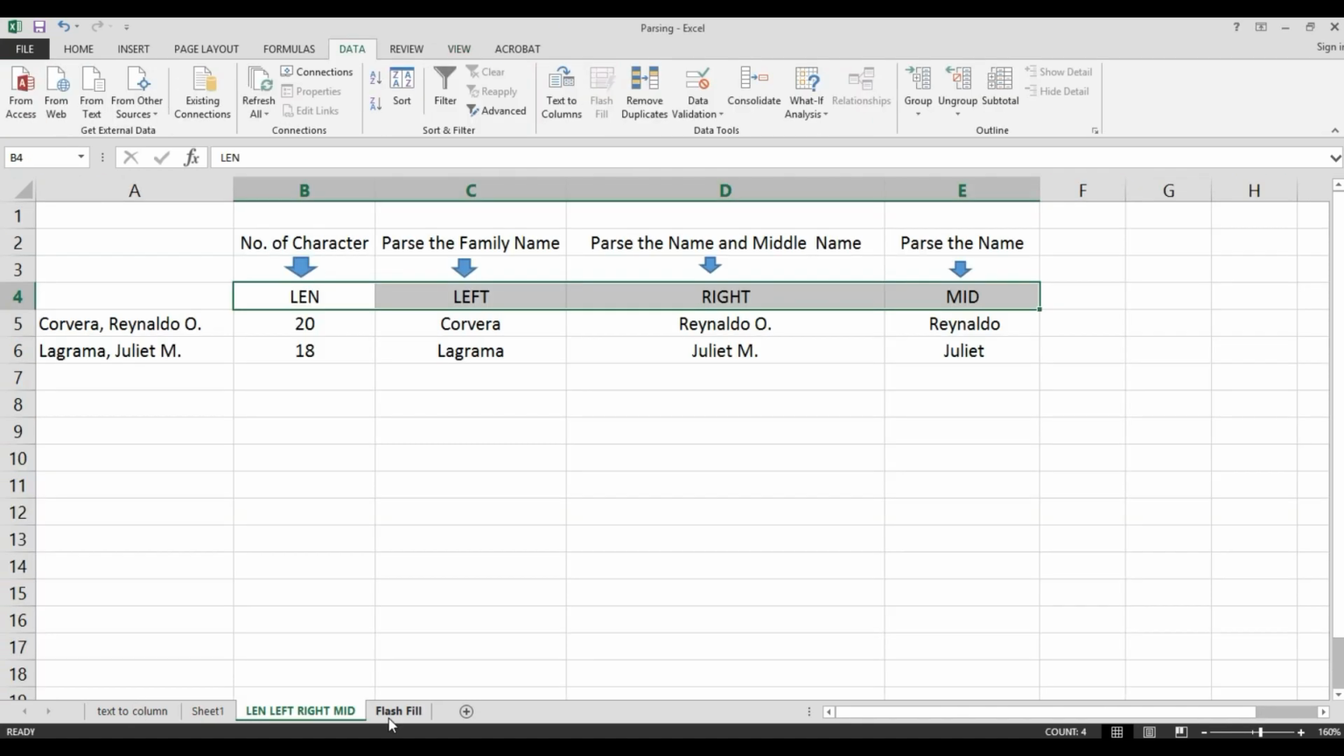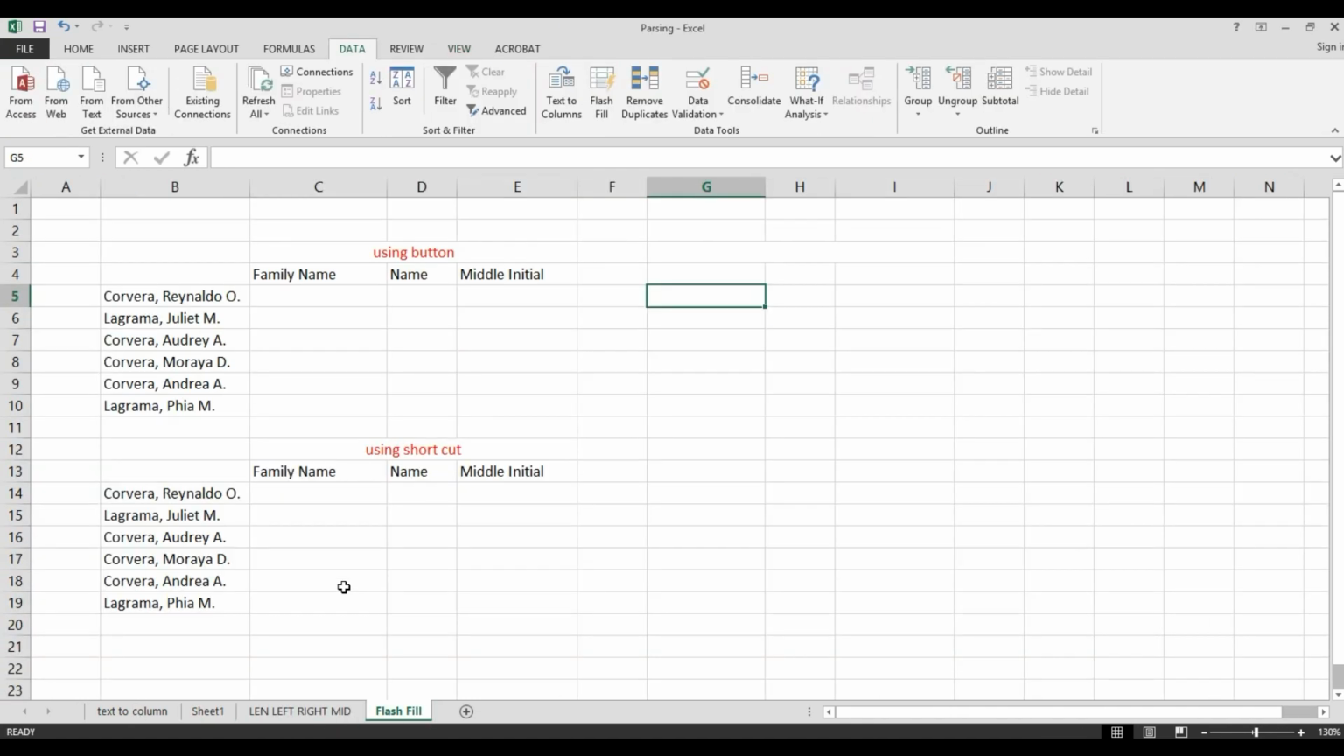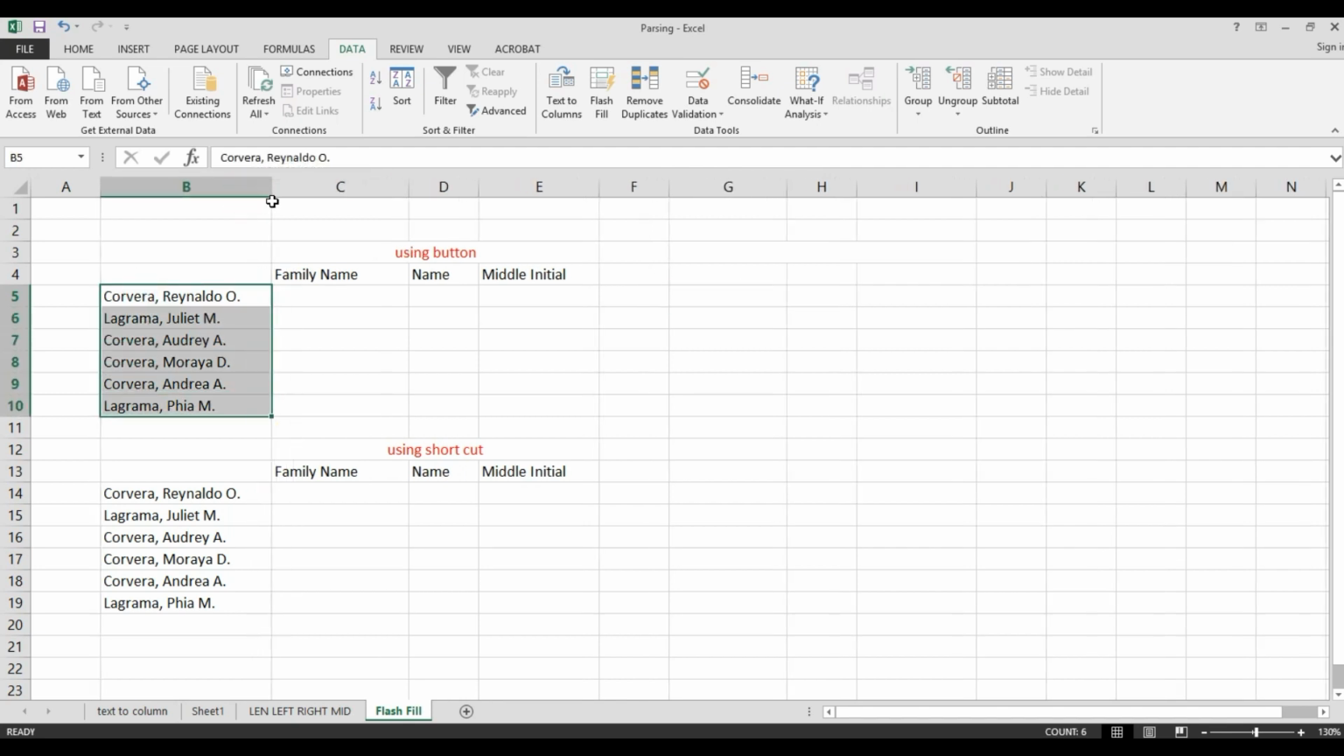Let's start with the Flash Fill function, which is very helpful. Flash Fill. If you see this one, this is again my name. Now I need to parse my family name. As we discussed before, we parse using the LEFT function in order to remove or separate my family name from the full name. So now we will use